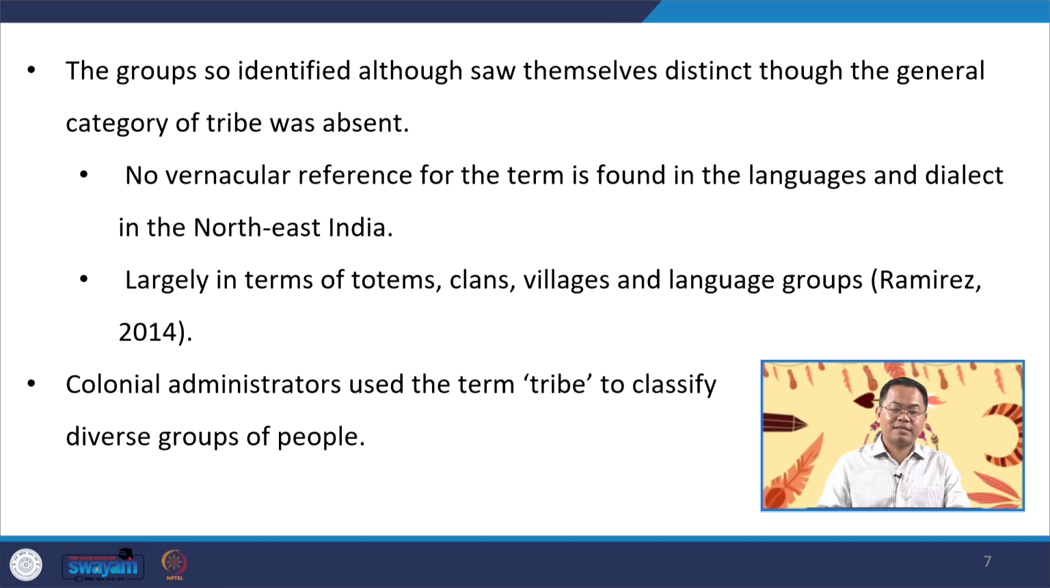Now, for instance, there is no vernacular reference for the term in the language and dialect of several tribes in the northeastern part of India. Now, the northeastern part of India is specifically important because in terms of absolute numbers, the tribal population in the northeast may not be very large when we look at the national level, but if you look at the regional level, you will see that northeast India is quite unique in a sense that most of the states